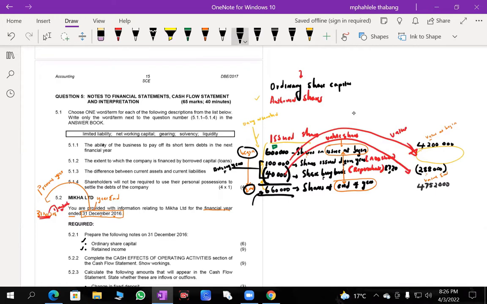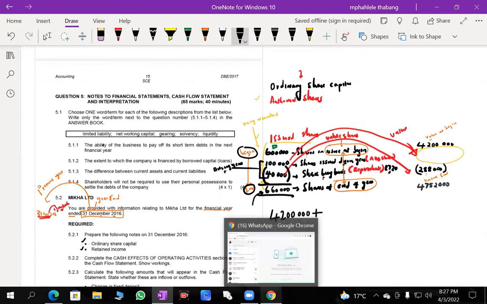I'm saying the value of our shares at the beginning is 4,200,000. Am I right? I'm going to add the value of shares issued during the year,